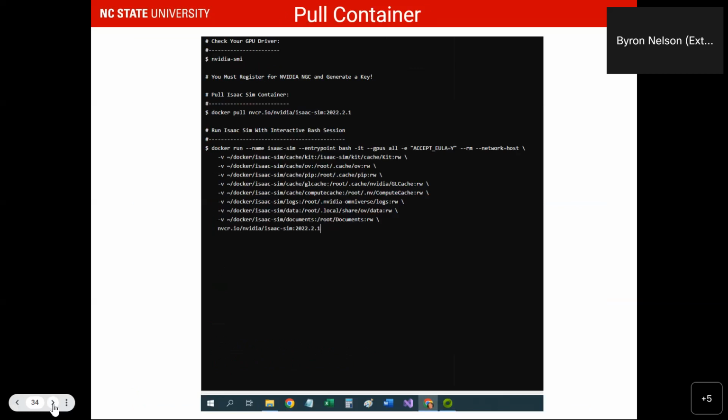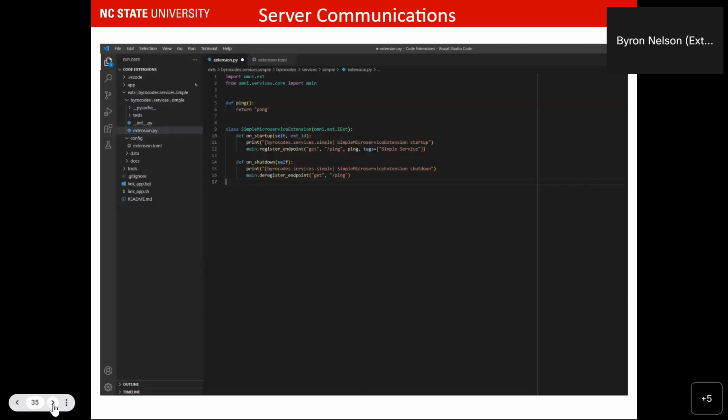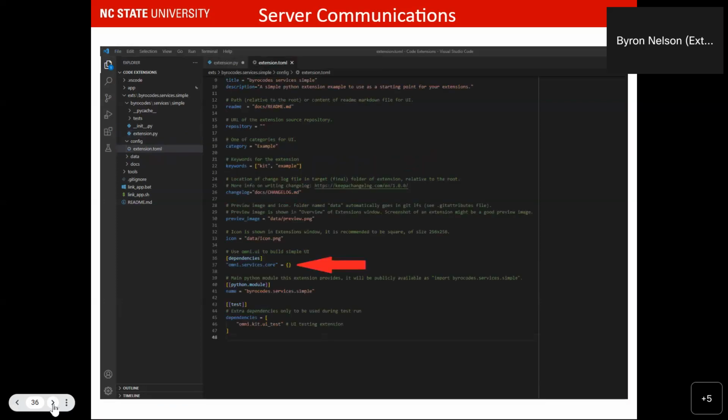for Isaac Sim. And then on the next slide, I was trying to demonstrate the communication between Isaac and the local host that I set up through Omniverse. And I defined a simple function at the top called ping, and then just a simple response, pong, to coincide. And then there was an extension on the next slide that I only had to change one line to do so. And then if you look at the next slide,